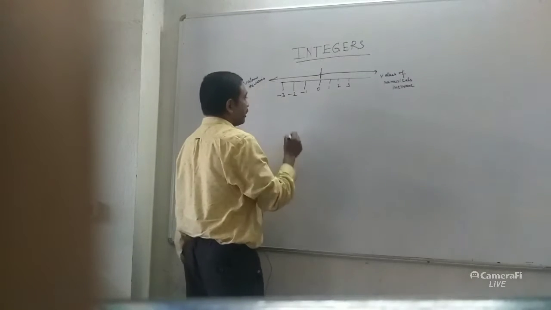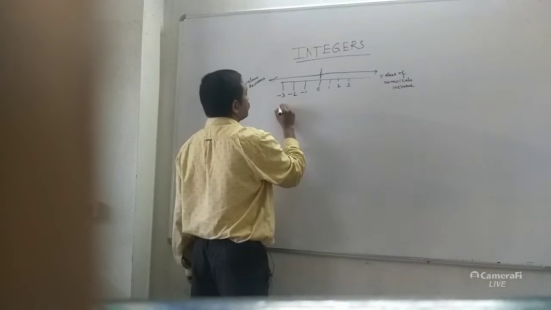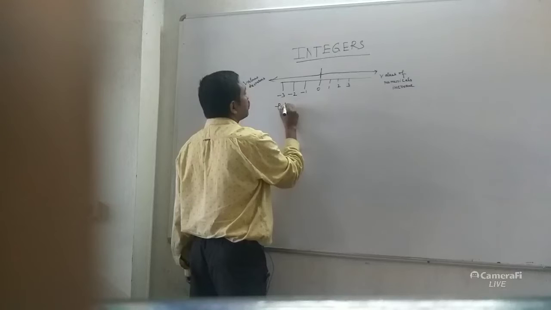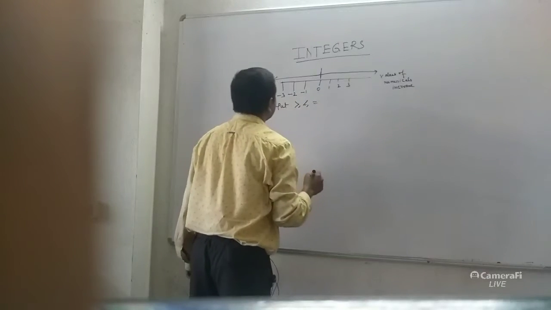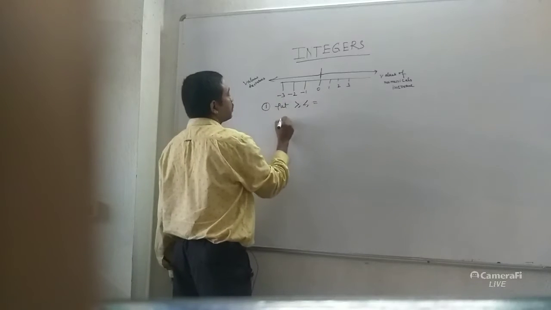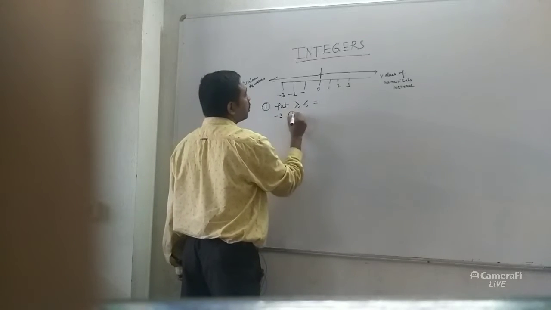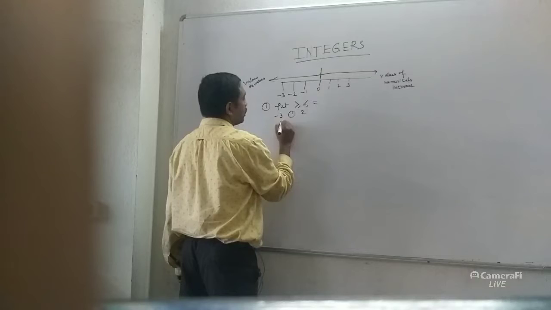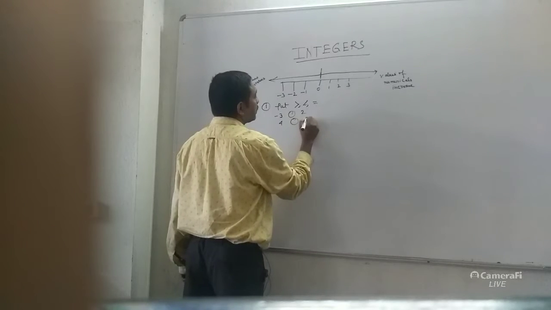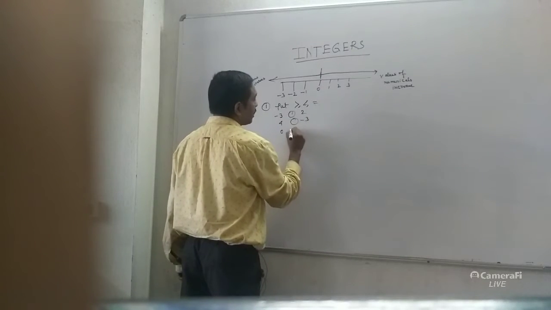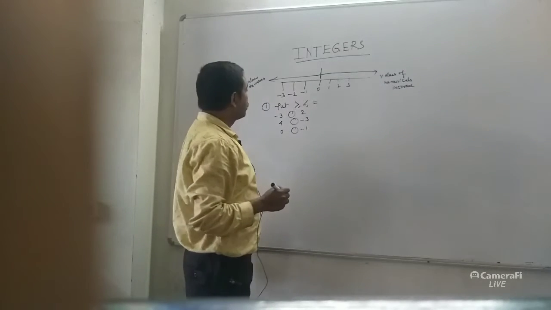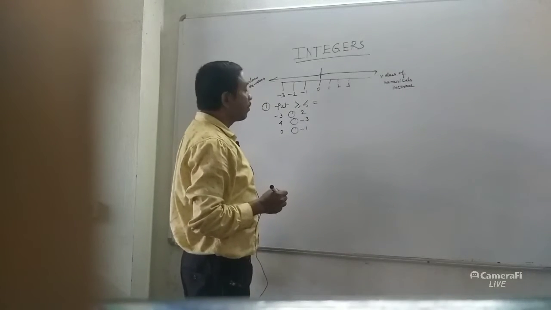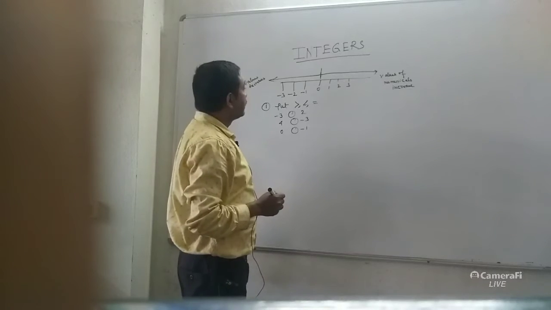So whenever you compare, suppose a question comes in such a way that you put the greater than, less than or equal to sign. Then how do you do it? Suppose 3 and minus 3 are given, 2, then 4 and minus 3, then 0 and minus 1. Now which one is greater, which one is less? This is called the comparison of integers.